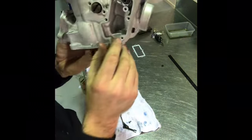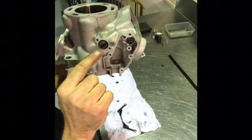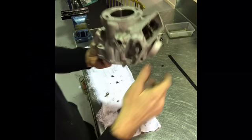Put this one in the other side. There you go. Hopefully you can see that. Same thing again. So the slit there is pointing upwards. Put that in,